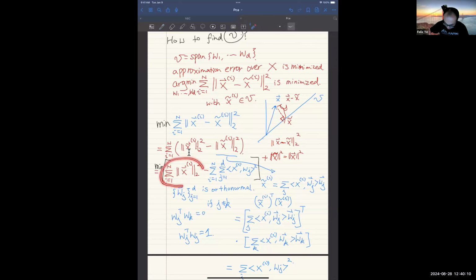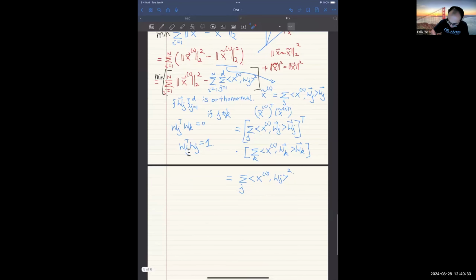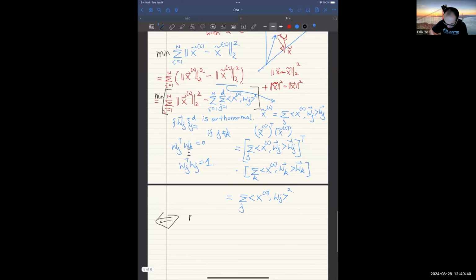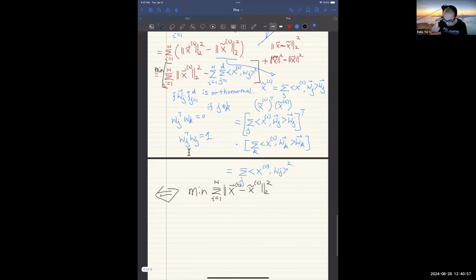But I want to remind you this term is a constant, because this is just basically the sum of squared norms of my data. All right. So that means to minimize this quantity, it's equivalent to maximize the second term. So equivalently, minimizing my information loss, which is my approximation error here, is equivalent to maximize